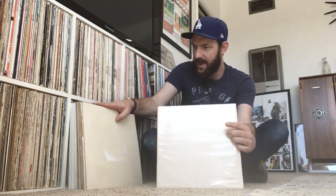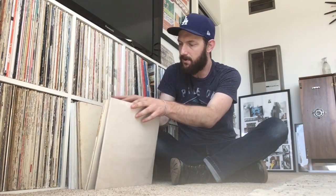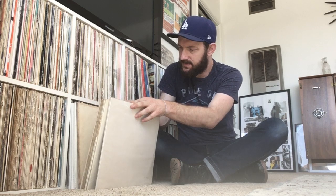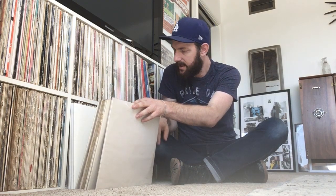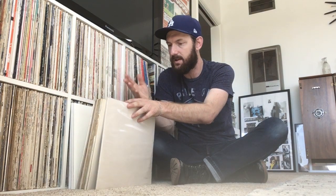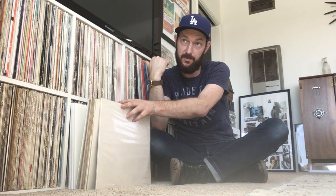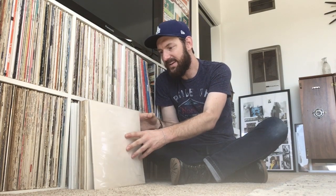As you can see here, let's see, how many White Albums do we have here? We have 1, 2, 3, 4, 5, 6, 7, 8, and I won't even count these three back here because these are the remasters. But we got 9, 10, 11, and then I have another one in the other room, which is 12. So technically speaking, I had 12 White Albums, but really I think I went through 9 when